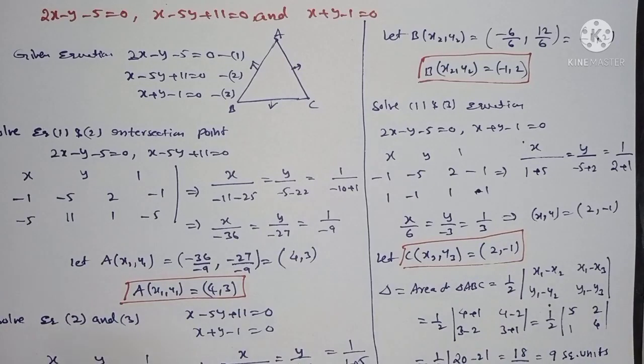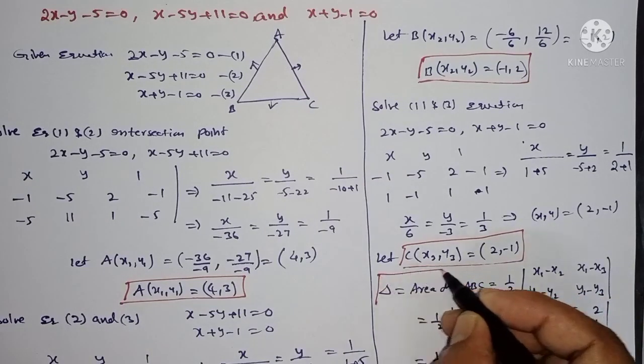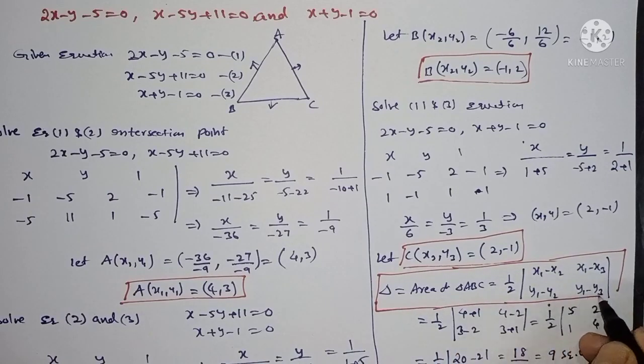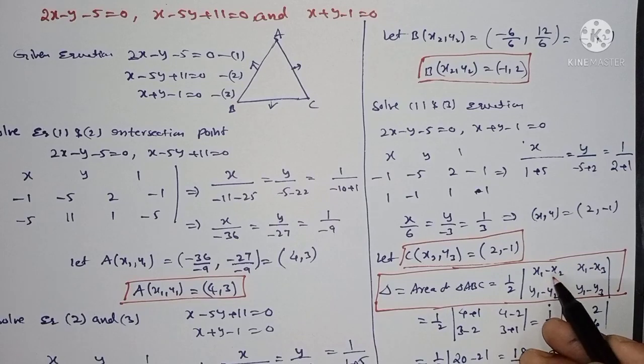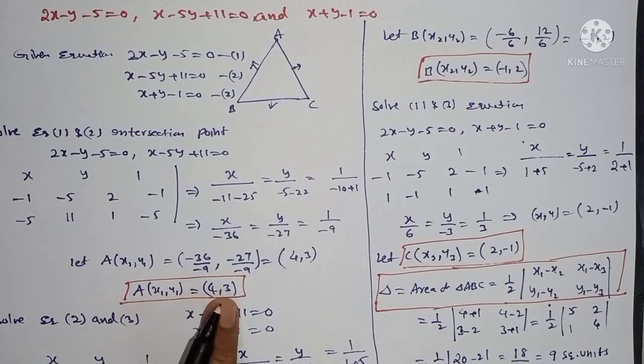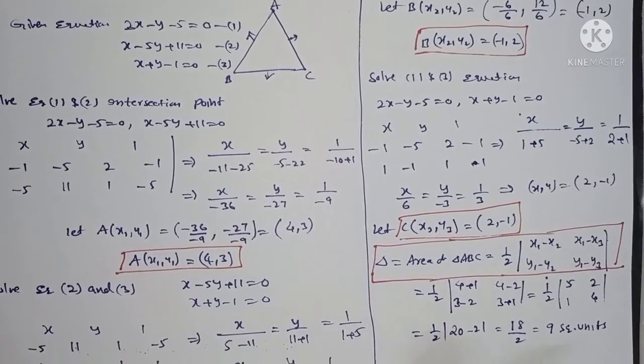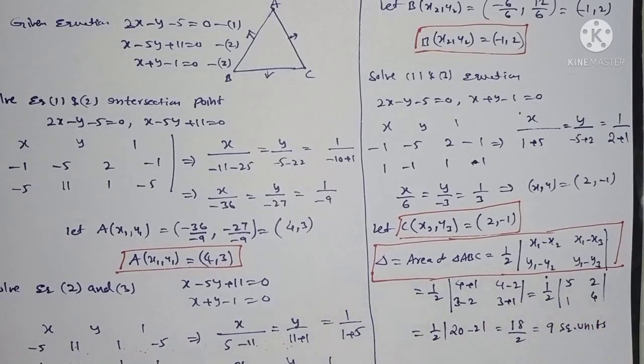Once again listen, you got here ABC vertices. What is the formula? Triangle delta is equal to 1 by 2 of x1 minus x2, x1 minus x3, y1 minus y2, y1 minus y3. This is x1 y1, x2 y2, x3 y3. You can substitute, you get the answer here. It is a mod. You have seen the matrices, that is the determinant. Okay. This is the end of our exercise 3C. Okay. You can go for the next topic. Thank you.